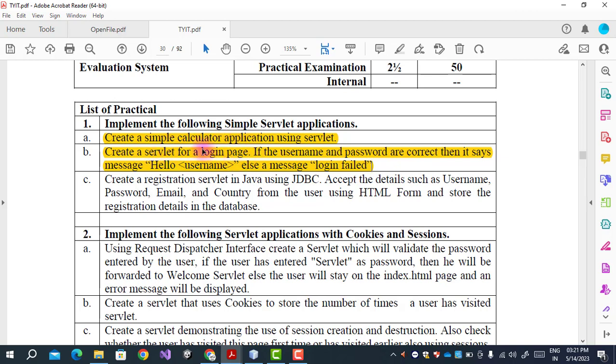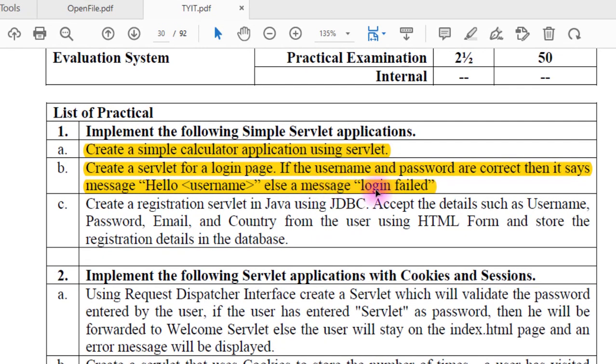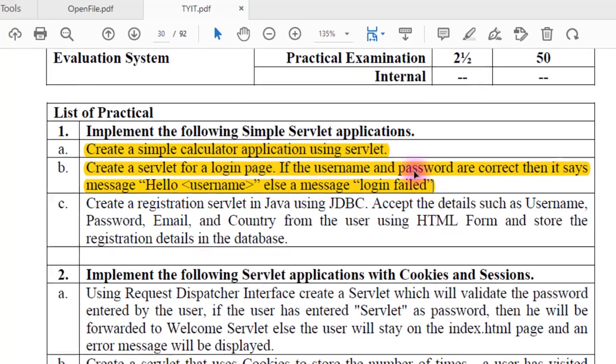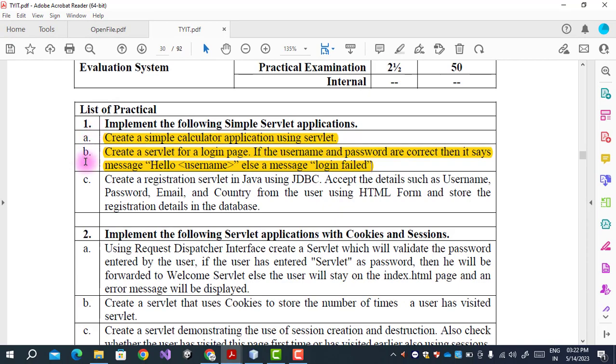First of all, we will design this login page in HTML and we create a servlet page. In the servlet, if the user name and the password are correct, then it shows the message hello with the username, else the message login failed. So this is basically practical number 1B.